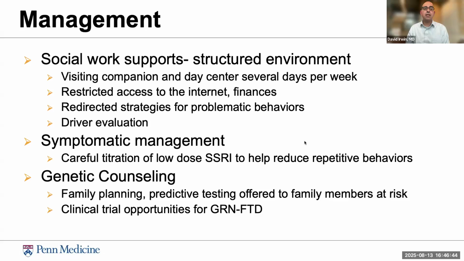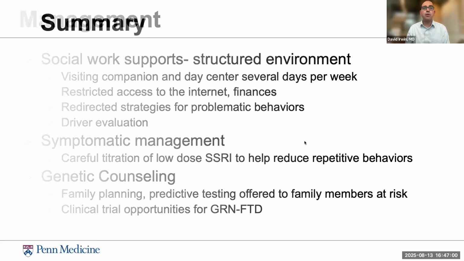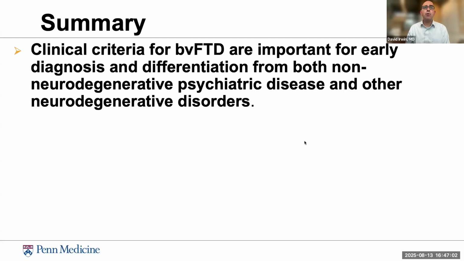And the genetic counseling here helped identify, after counseling, a pathogenic variant, which helps other family members with predictive testing and family planning, as well as potential clinical trial opportunities. So to end and summarize, the clinical criteria for the behavioral variant of FTD are important for the early diagnosis, differentiation from both non-neurodegenerative diseases like,